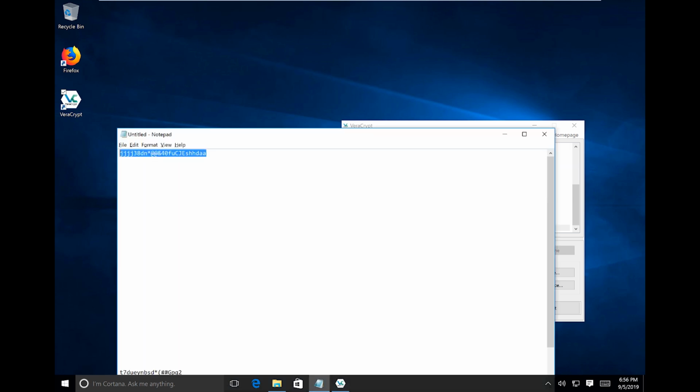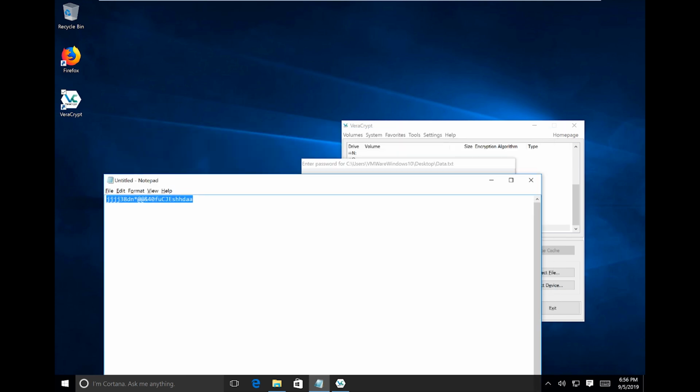I'm going to go here and copy the password. Obviously you should not have the passwords on the computer in any way, shape or form. This is simply a tutorial to make it easier for myself. These are not real drives. I'm not going to be using these drives. Once this tutorial is done, I'm going to be deleting them. So yours